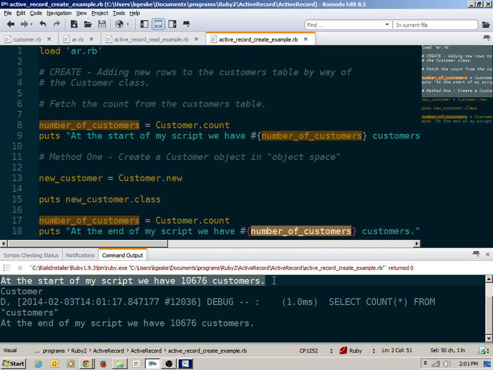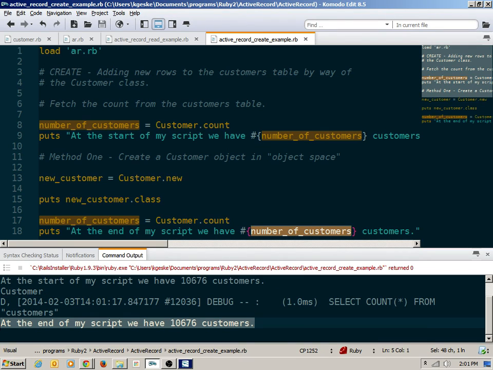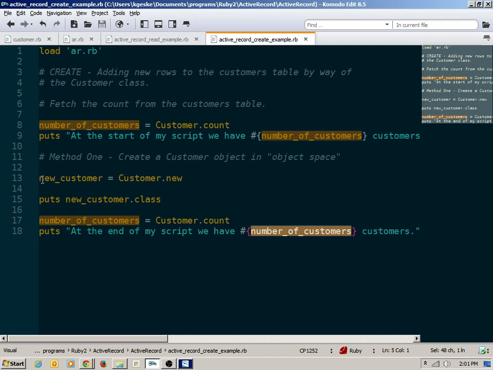So at the start of my script, we have 10,676 customers. At the end of my script, we have 10,676 customers. Good. So there you go. First sort of warning, just creating a new object of type customer does not actually create a new row in